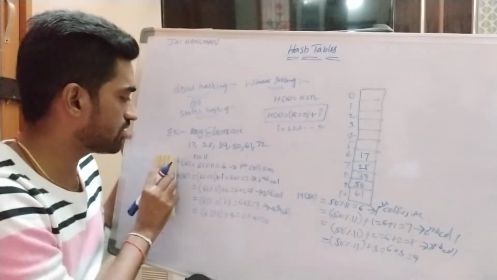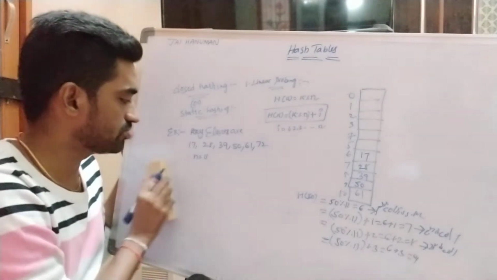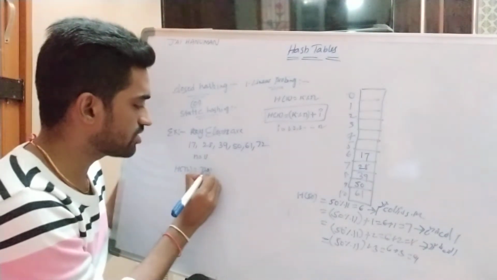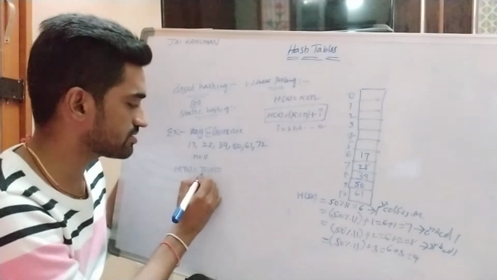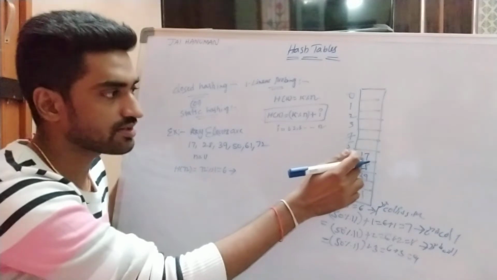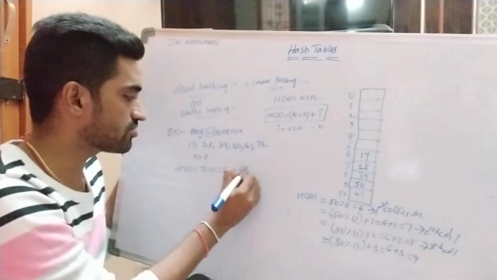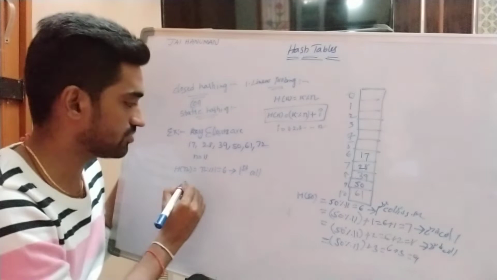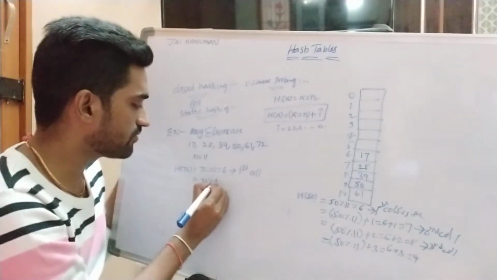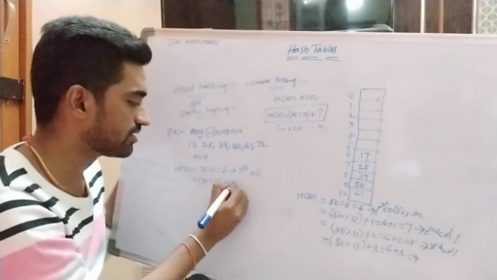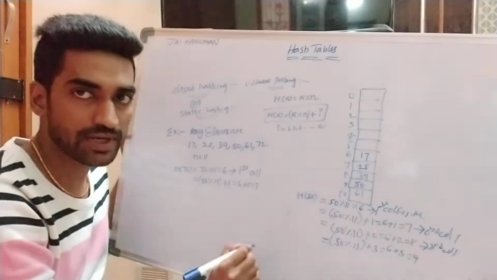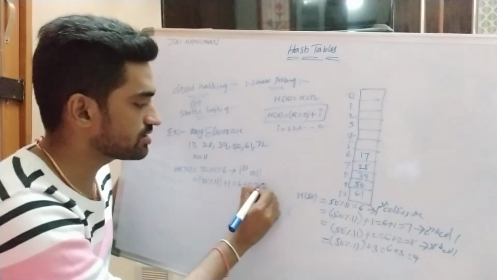What is the next key element? 72. So here I want to insert 72. H of 72. 72 modulo division of 11. So 11 6 are 66, 4 6. So sixth position is already occupied by 17. So that's why first collision is occurred for 72 key element. Right? Then apply linear probing. 72 modulo division of 11. What is the initial value of I? 1. So 6 plus 1, which is equal to 7. Seventh position is already occupied by 28. Second collision is occurred.